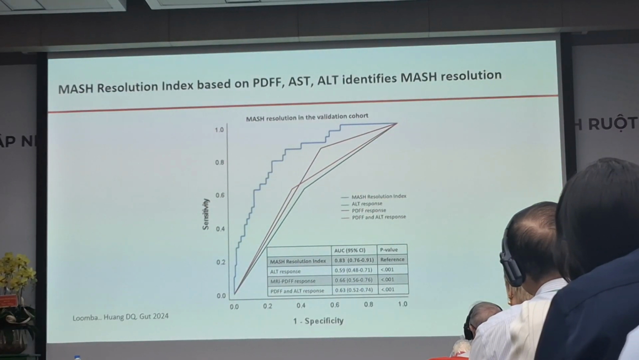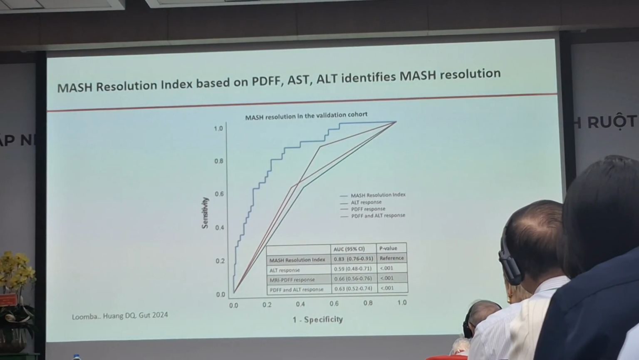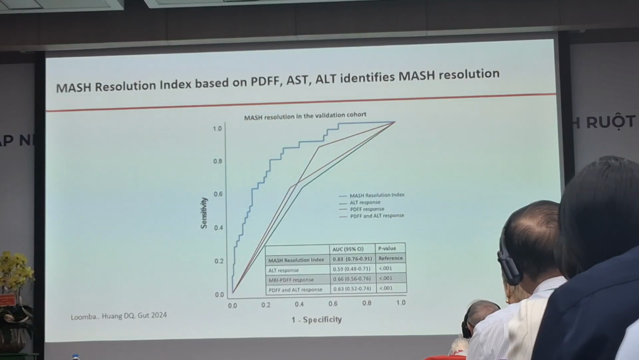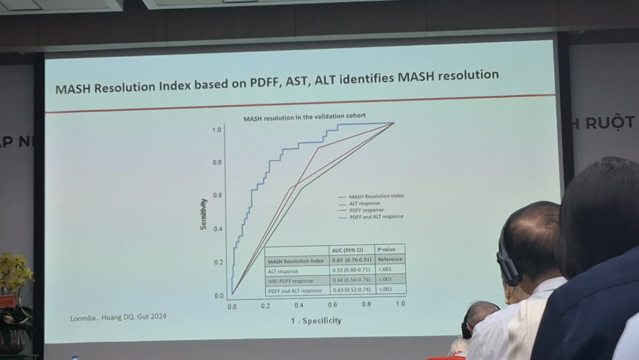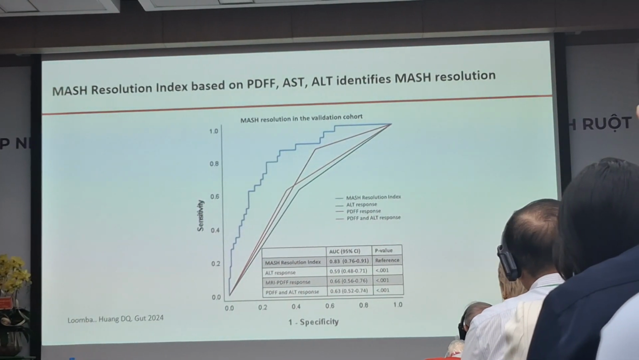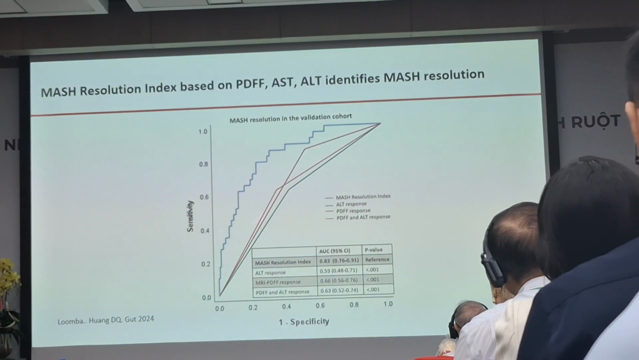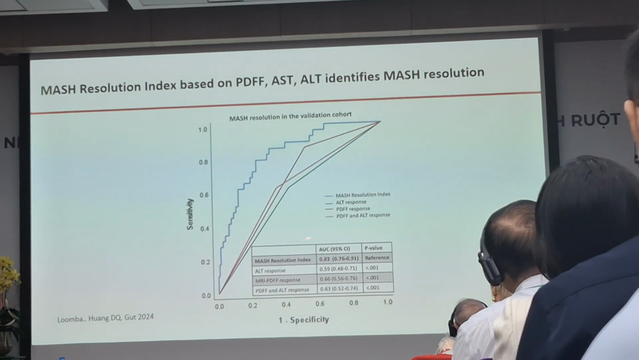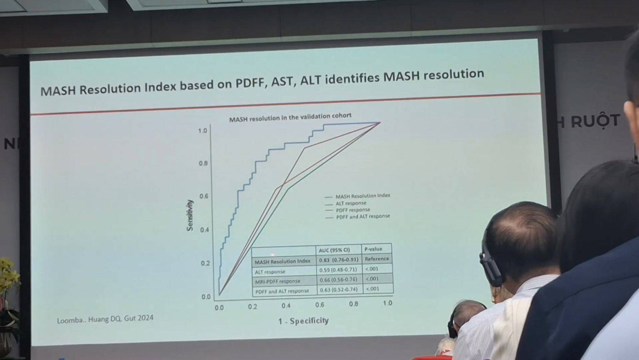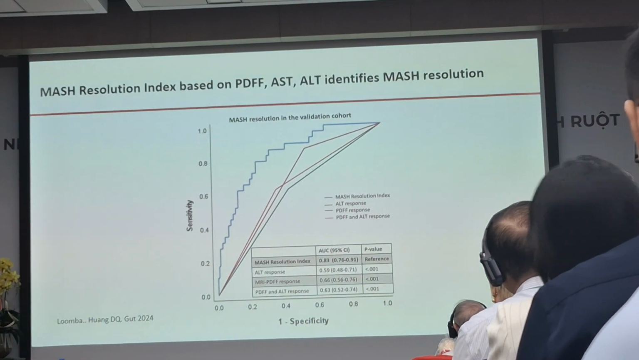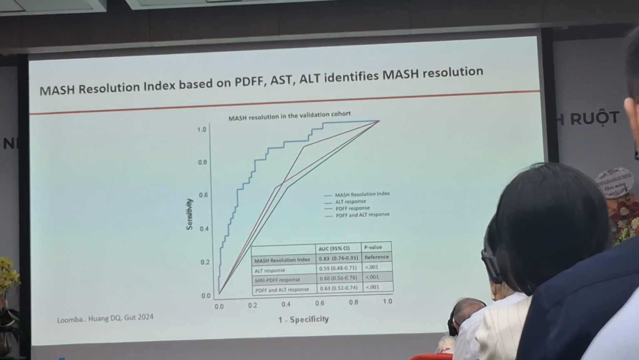This was some index that we created where we did MRI, LFTs before and after MASH treatment, either by exercise or by drug trials. And we showed that if PDFF, AST, ALT drop and we form a score, we can actually very accurately predict MASH resolution. I think we need to validate this in other cohorts, but I think it's an initial step in the right